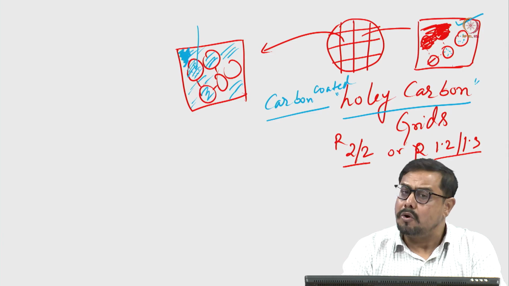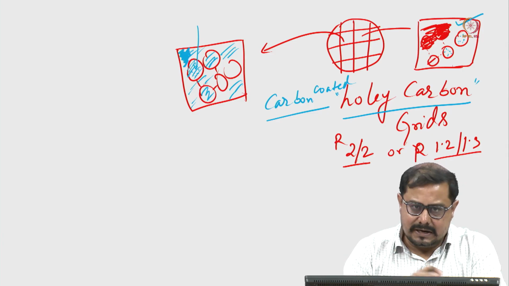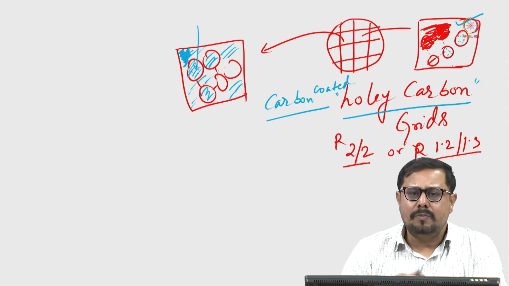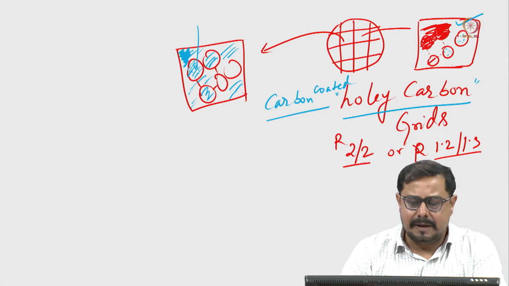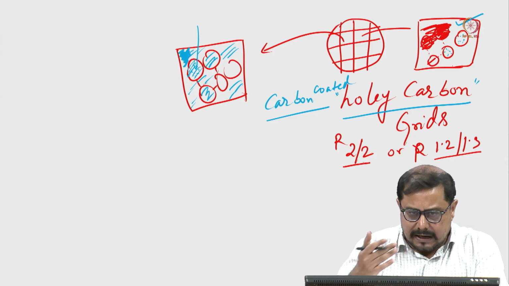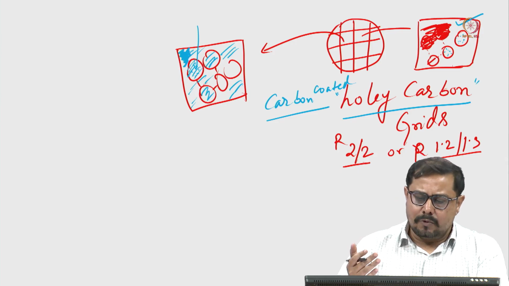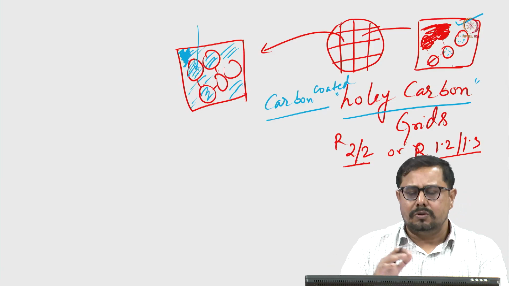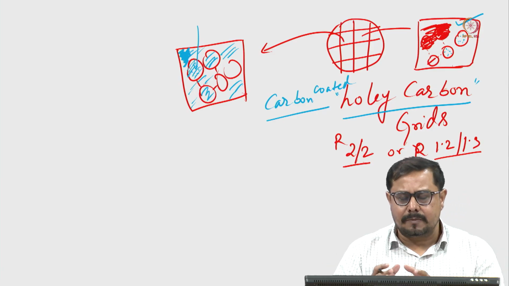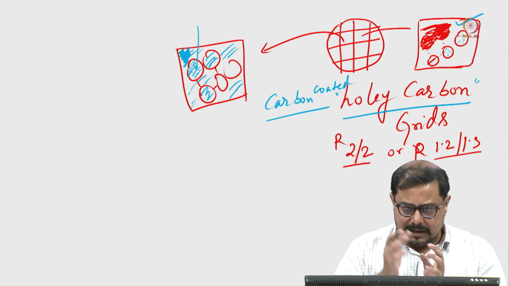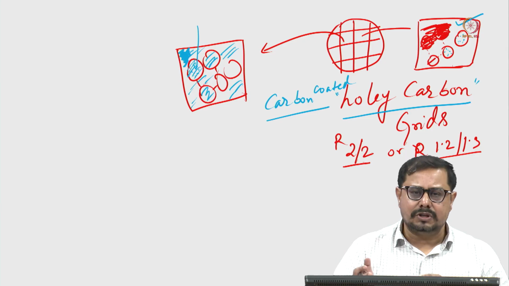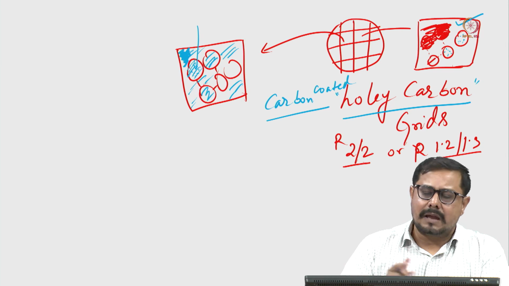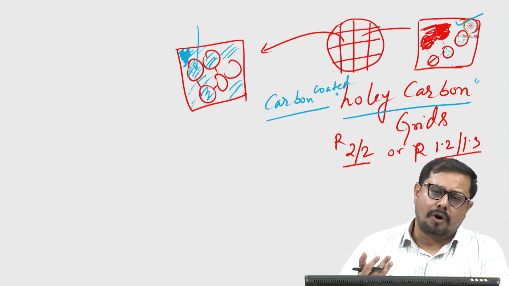So carbon coated holey carbon grid we use for special purposes; mostly for cryo-EM freezing we use holey carbon grid. There is a difference between these three. One is continuous carbon, for room temperature or negative staining; the next one is called holey carbon grid; and the next one is called carbon coated holey carbon grid. So we have different types of sample preparation grids, and we can use them whenever required. Whenever we prepare our sample, sometimes we also have to optimize the different grids.